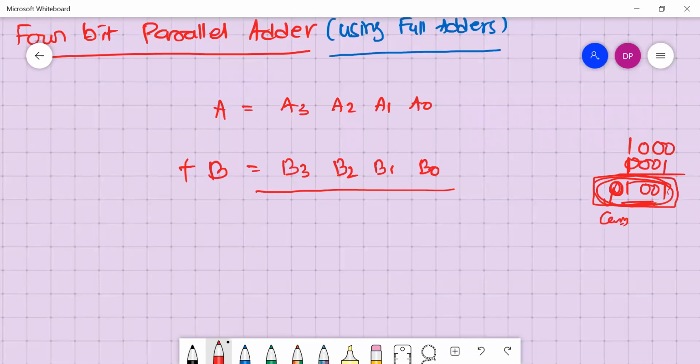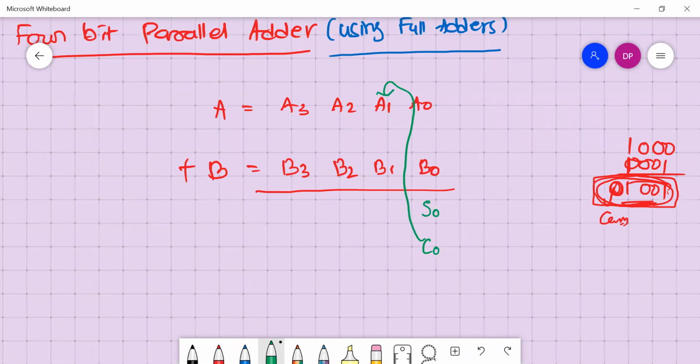If you add A0 and B0, 1-bit with 1-bit, I will get a sum, which I'm writing as S0, and I will get a carry C0. In the next step, this previous carry should be added here.